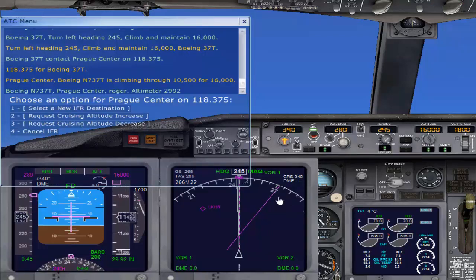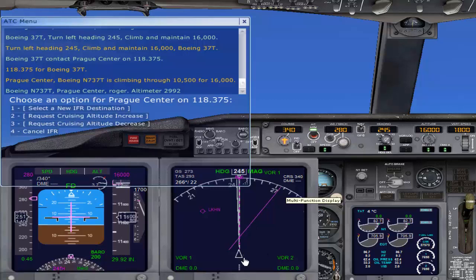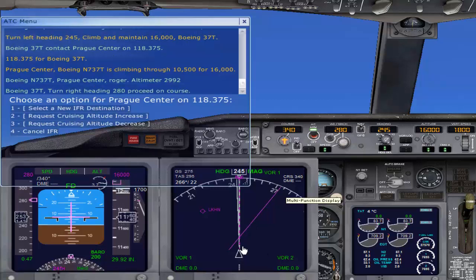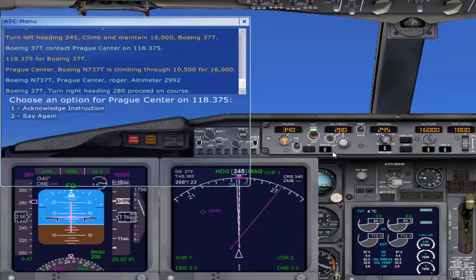And here is our multifunction display, and this pink solid line over here shows the route for us, and this triangle shows our flight. So since we are approaching this,